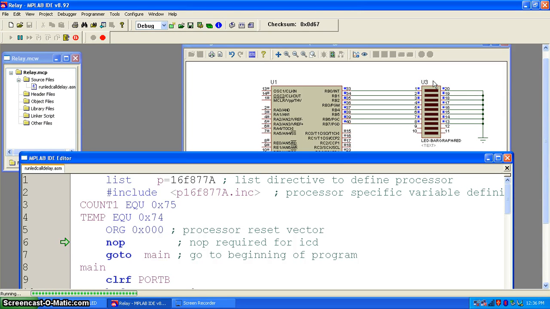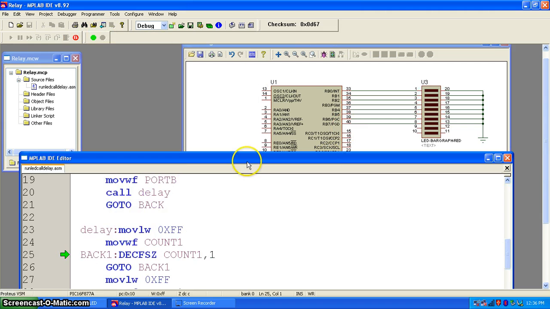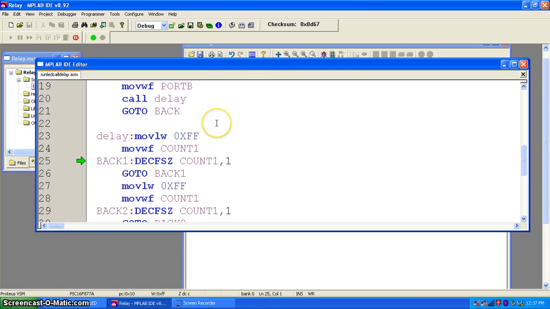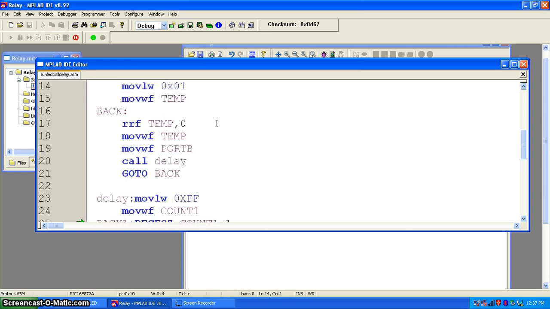Now let us say I want to change the direction, a rotation from bottom to top. For that you can stop the simulation, go to the code and check which instruction makes the LEDs appear to rotate, and that is this rotate right instruction.